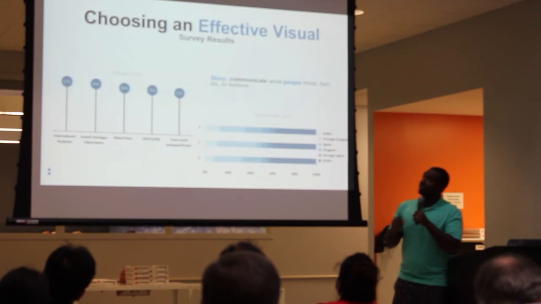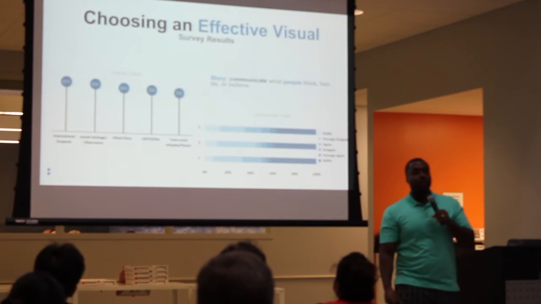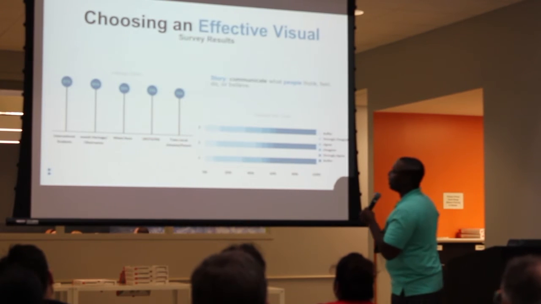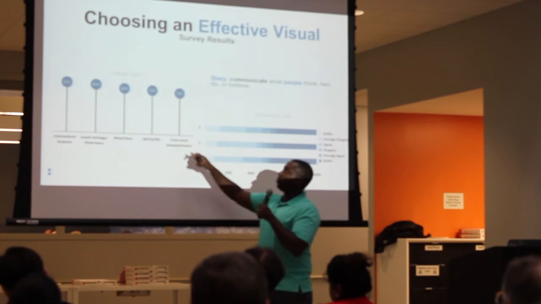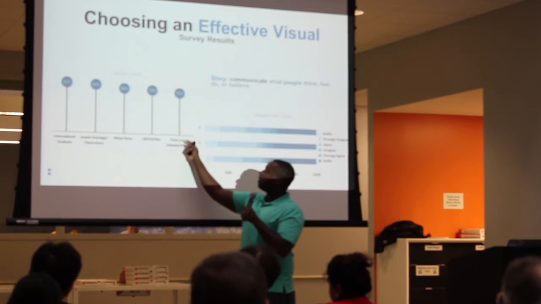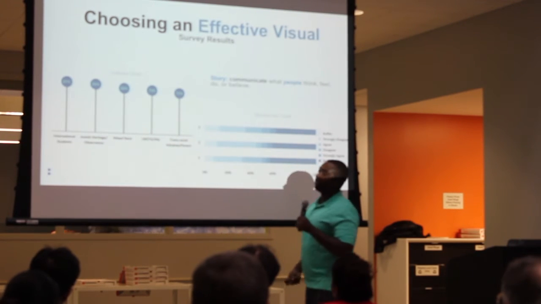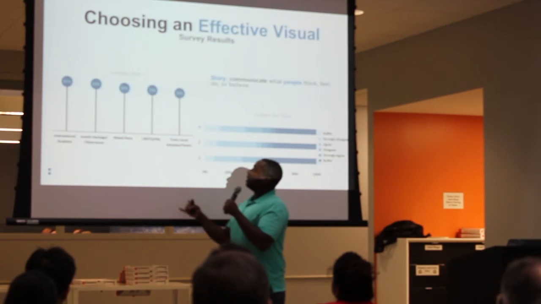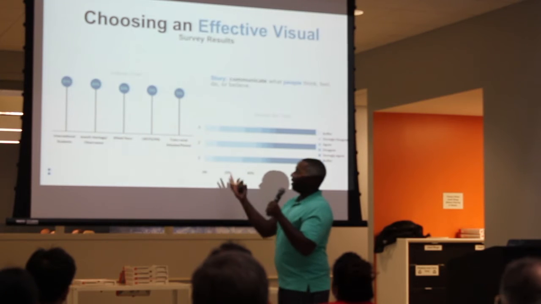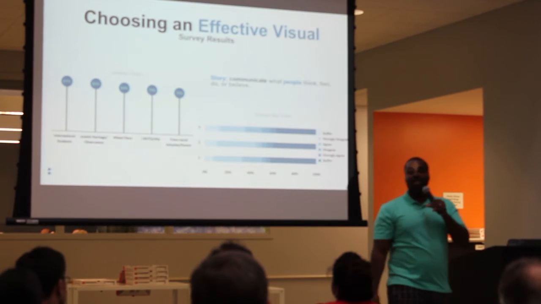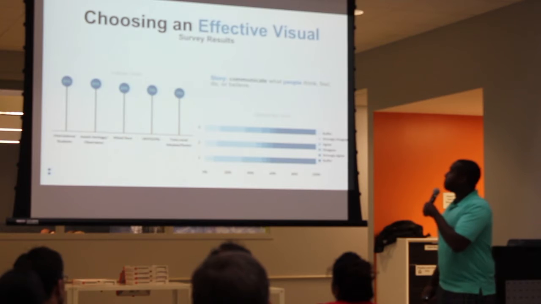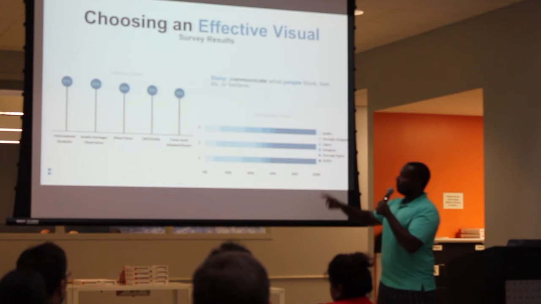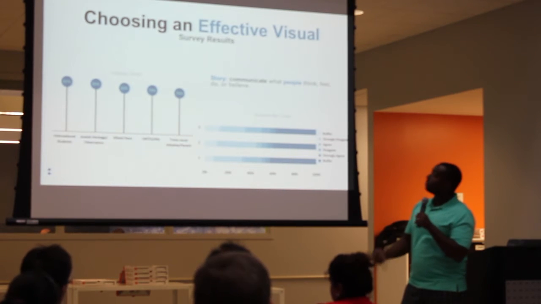When you have survey results, you kind of want to focus on what people think, what people believe. And so a lollipop chart is kind of nice for this. You could represent this as a bar chart, but oftentimes the width of the bar just gets in the way. It's just extra clutter. So you can get rid of that, and it becomes something that looks like a lollipop, and they call it a lollipop chart. So that's pretty useful. Stacked bar charts can be pretty useful as well for showing survey results.